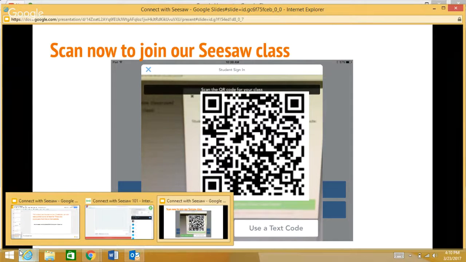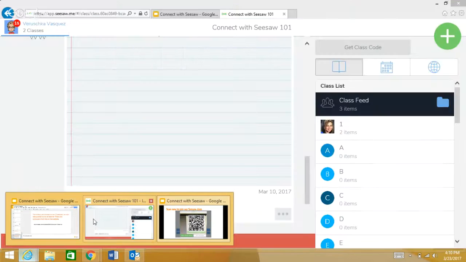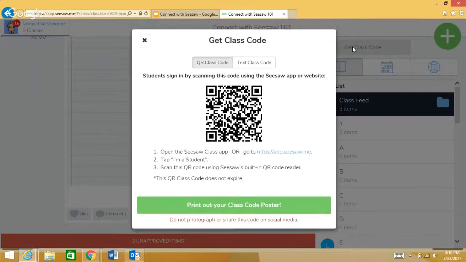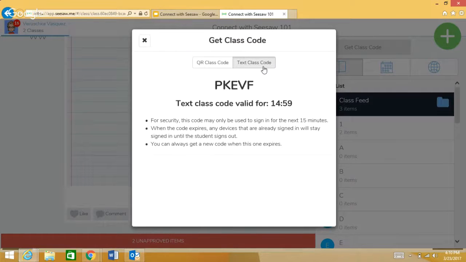It's a text. Let me go very quickly to my Seesaw. And if you look here, right now I have my teacher view. This is where I get the class code. And in case you don't have a